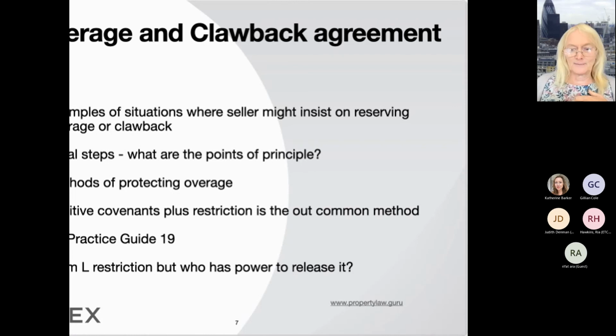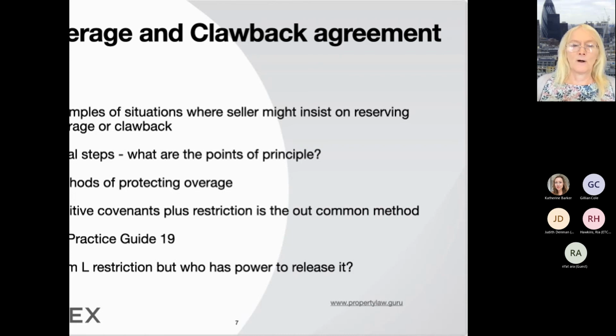Well, what the developer did was, instead of selling the land to the logistics company, they sold the shares in the company that had bought it, which meant there hadn't been a sale, which meant there was no triggering of payment of overage.